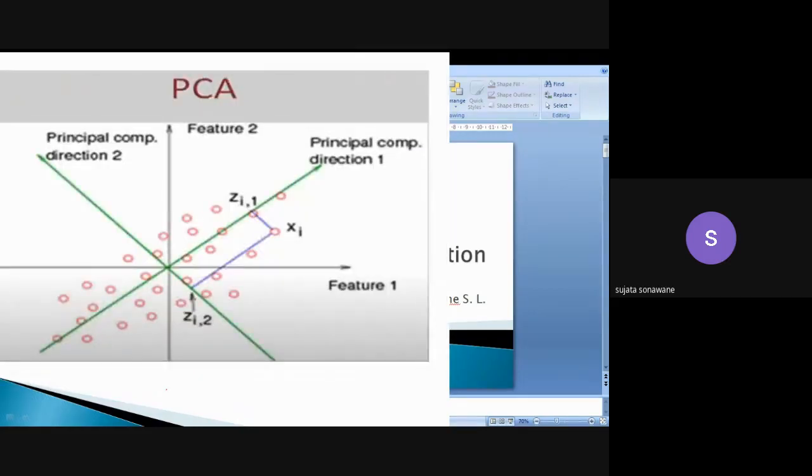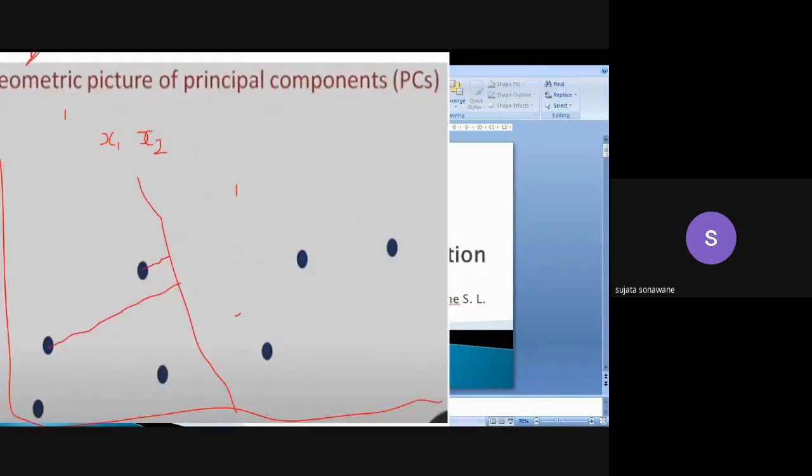Now, within this feature extraction, we can say that the principal component plays a very important role. For that purpose, we will plot certain points on the feature space, as we have plotted over here, and then we will take the first principal component, and then we will take the second principal component.